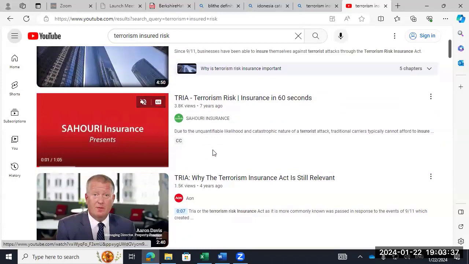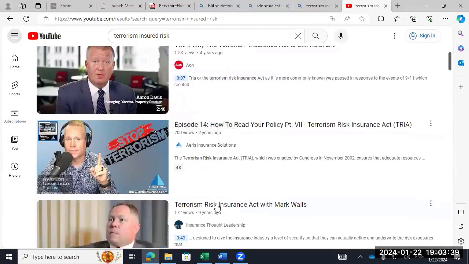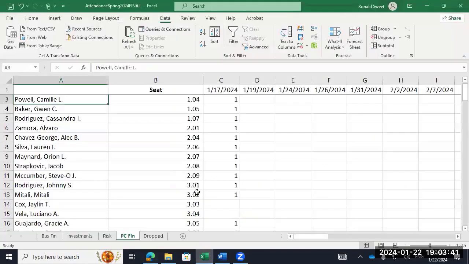Terrorism risk in 60 seconds. So, right. You could even get really specific. D&O insurance after a major bull market. But find something more recent, right? So that's your real goal. Try to find something in the last 4 or 5 years, right? Don't go back to 1994 or something like that, all right?